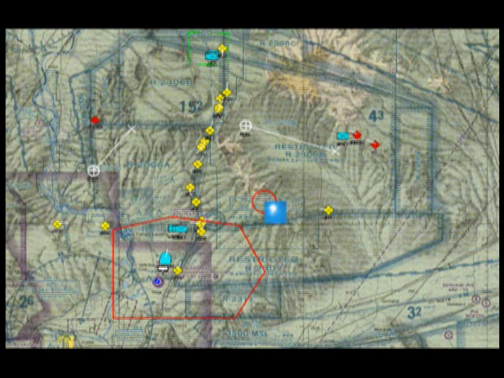Now that we have a basic understanding of what the icons are, I want to cover what the operator needs to be doing. As the operator, I would need to be watching all traffic on the road, maneuvering my Predator such that I can quickly provide eyes-on coverage for stopped vehicles. A stopped vehicle may be as simple as a flat tire, or it could be a team planting an IED. We want to have a Predator on station close enough to get a good look at what any stopped vehicle